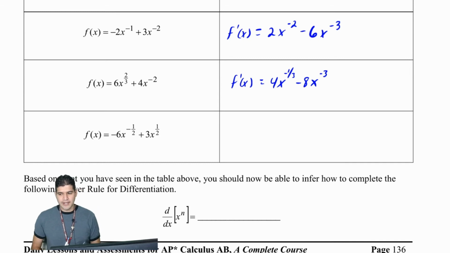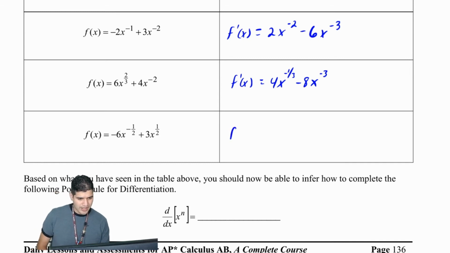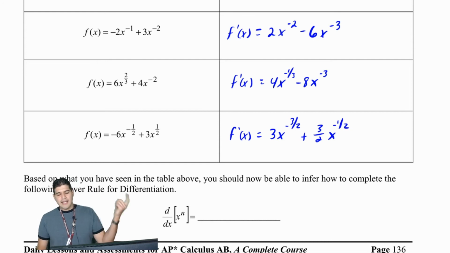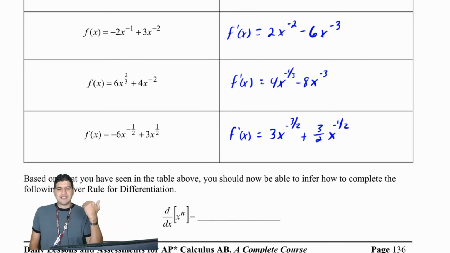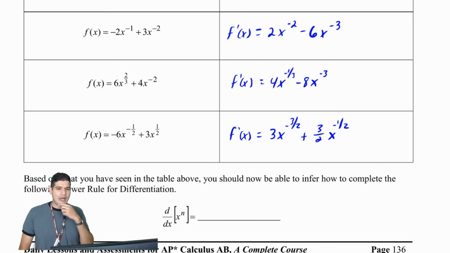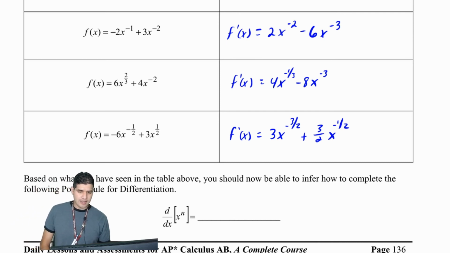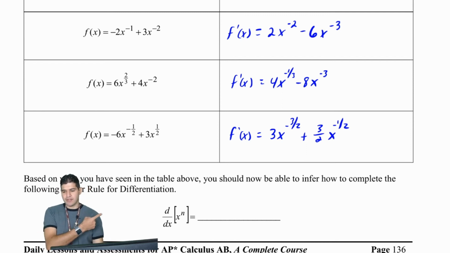And then for our final one, I'm going to have f prime of x equals positive 3x to the negative 3/2 plus 3/2 x to the negative 1/2. So I want you to take a minute, write down those answers, and see if you can find some sort of pattern. So what you should see, and I know this might be new notation for you,